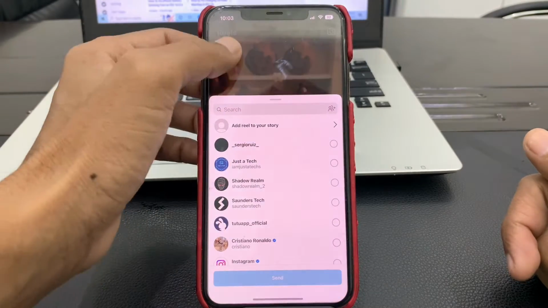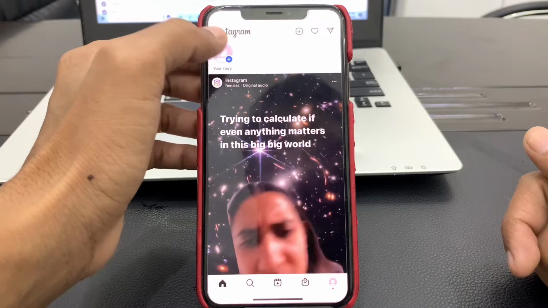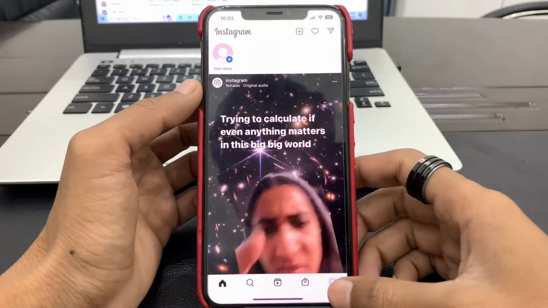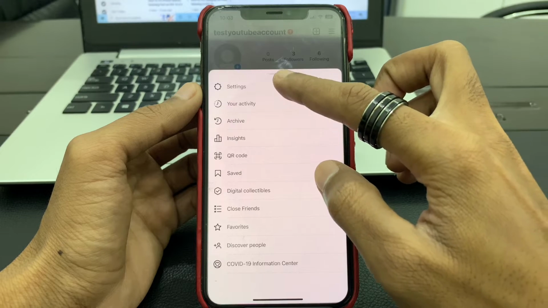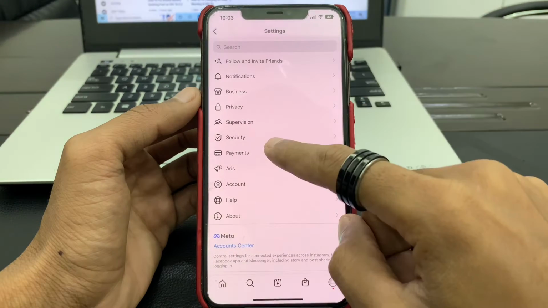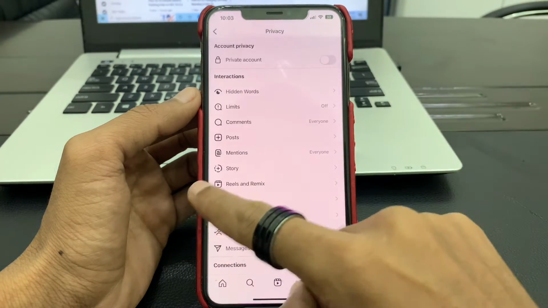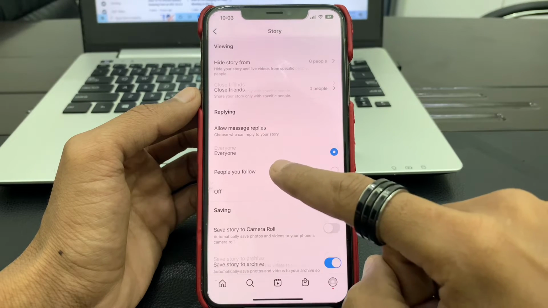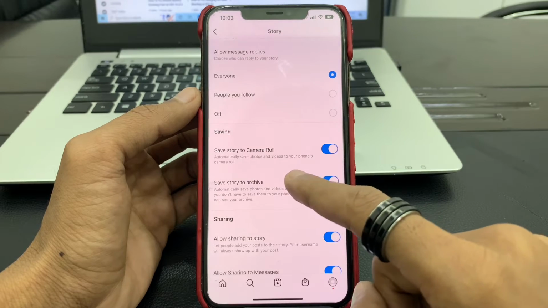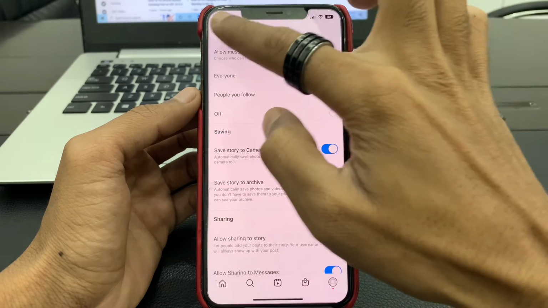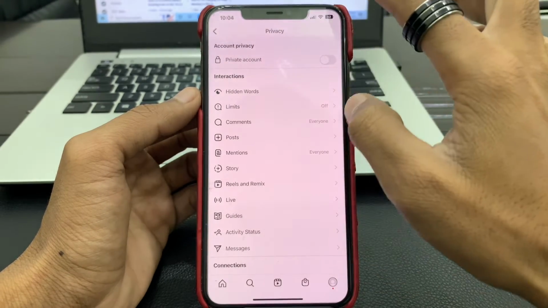First of all, go to your application home screen, then go to Instagram settings, click on settings, then click on privacy, then simply click on story, then scroll down, you will get this save story to camera roll. Turn this option on. So once you have done this, now go back and choose the reel which you want